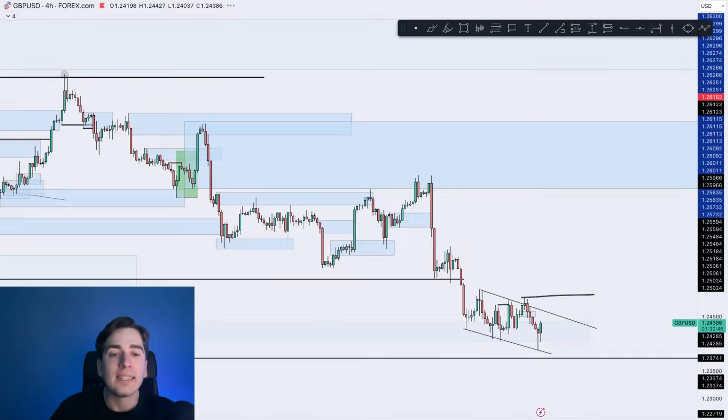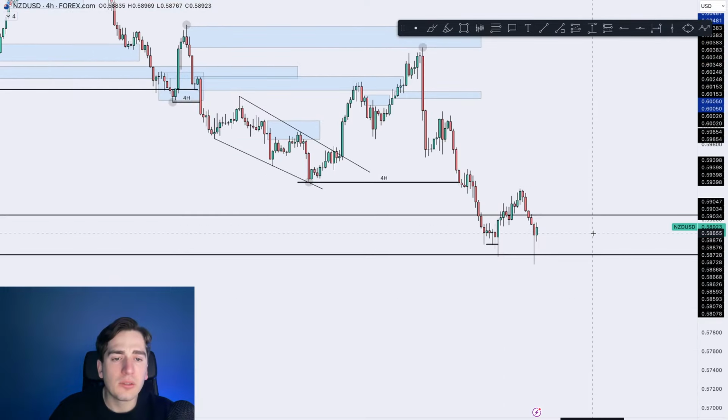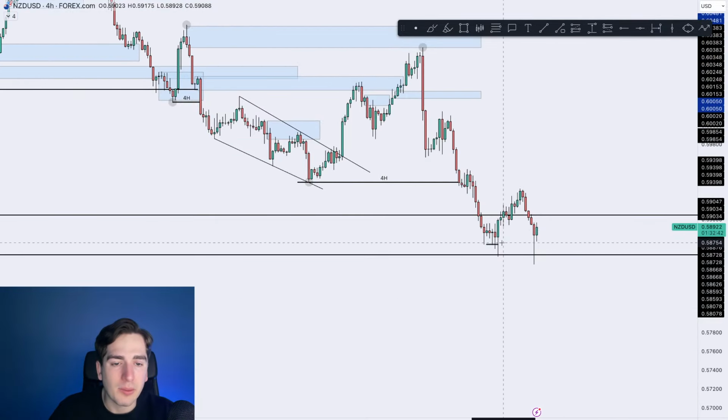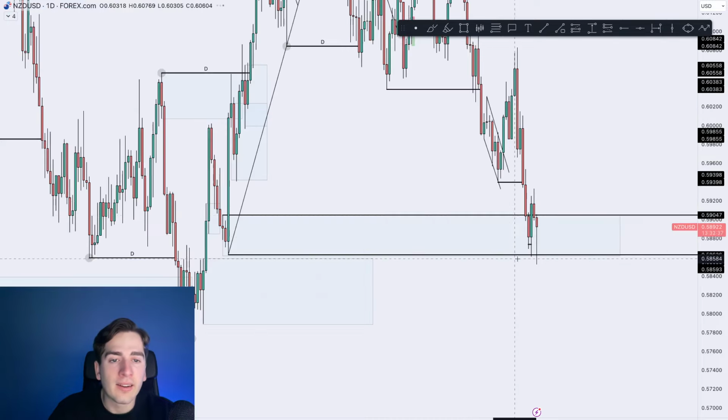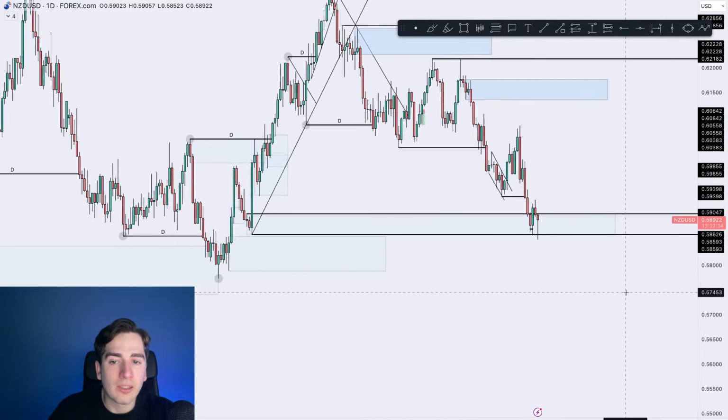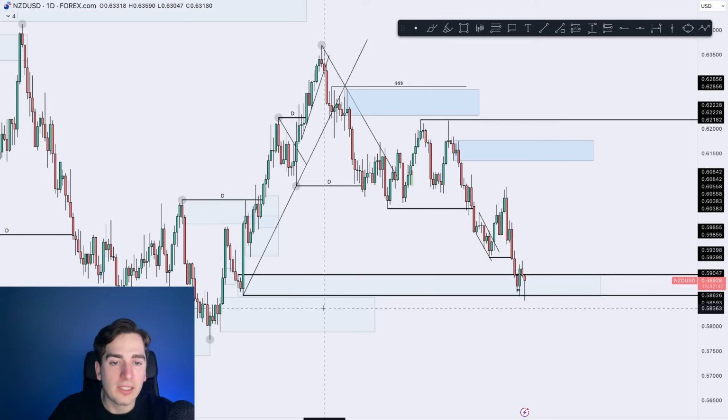Going in towards NZDUSD. So NZDUSD, again, all these dollar pairs are the exact same. You can see again, NZDUSD is a replica of AUD USD, liquidated the low over here. I'm just going to be focusing here on the daily time frame. So the daily has pretty much achieved its targets. Now what I'm going to be looking for is the same.